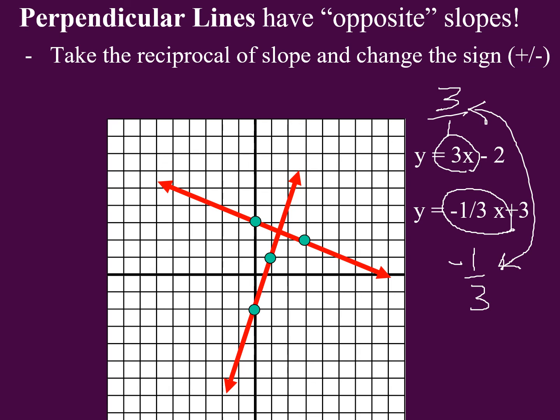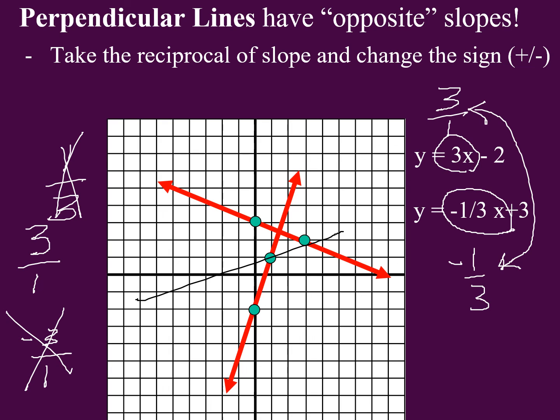Now, if you just change the sign, it was 3 over 1, and you make it -3 over 1, no, that's not going to work. Or if you just flip it, 1 over 3, but you don't change the sign, that's not going to work. It'll be all kinds of lines that can go through here, but it won't be perpendicular, making a right angle, so we wouldn't know about the rectangle or square having that. So just know